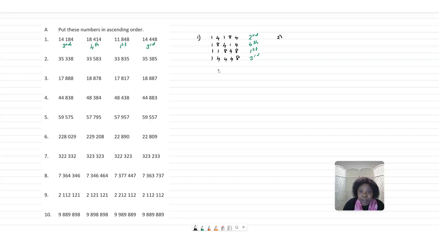So we're going to come to question 2 right here, and we're going to do the same thing. We're going to rewrite the numbers in a column format. So we have 35,338. Then we have 33,583. Then we have 33,835. Then we have